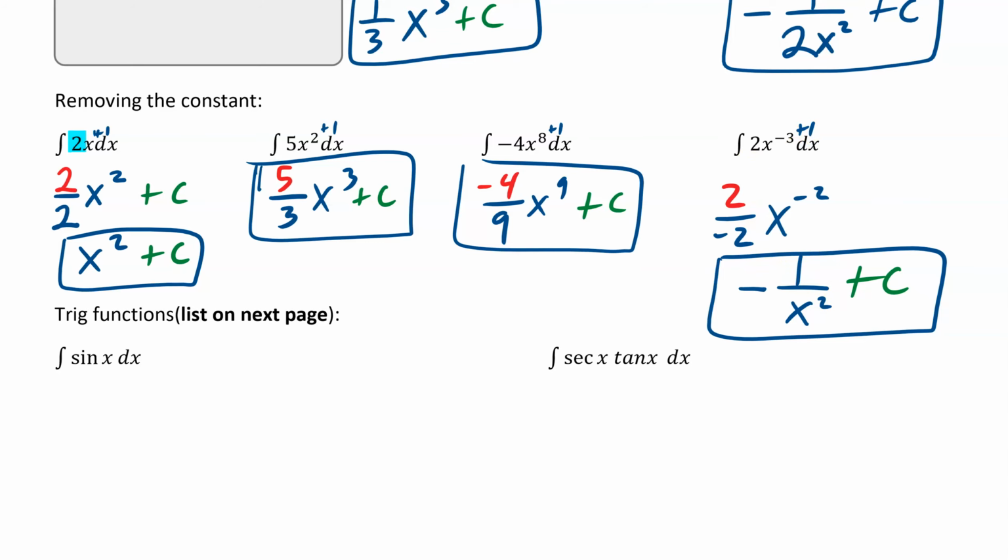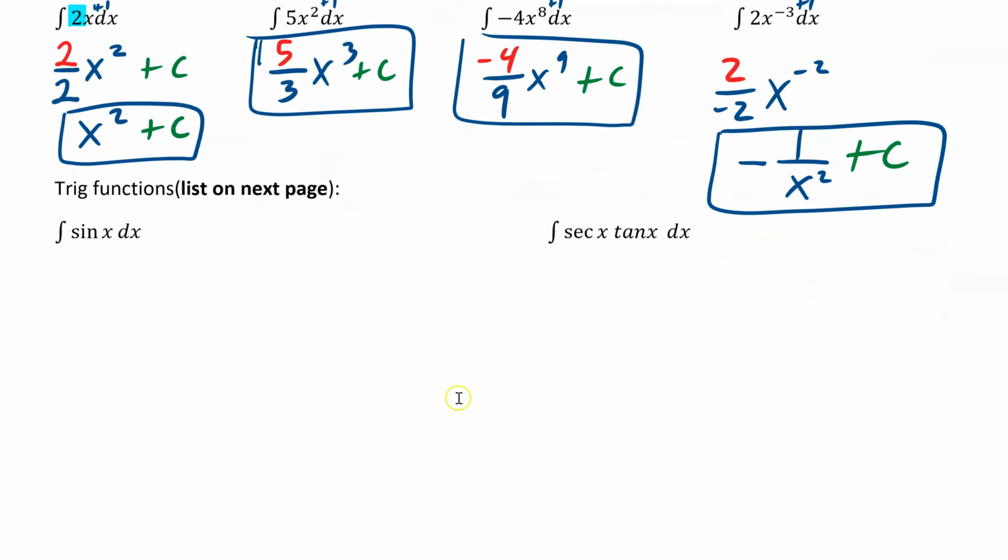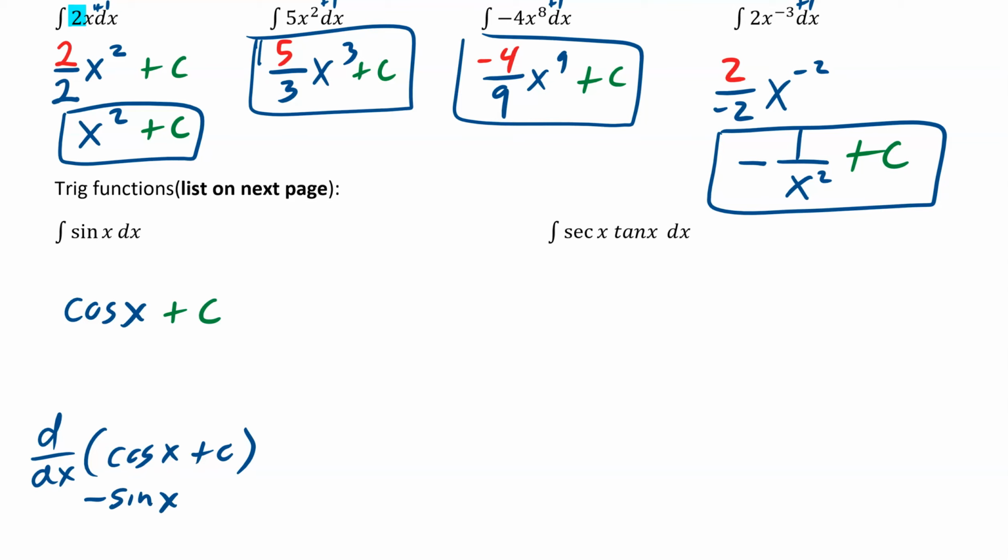It checks perfectly. All right, what about trig functions? So we're going to be doing a little worksheet with them to go over all the different stuff and review derivatives in the next video. But let's just look at some. So if you think about this, this is just the antiderivative. So what was the function that when you took its derivative, it gave you sine? Exactly, cosine x. But if you remember, when you take the derivative of cosine x plus c, you would end up with negative sine x. So what sign do you need to give it? You need to give it a negative.